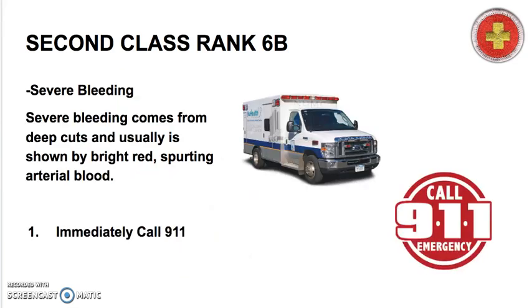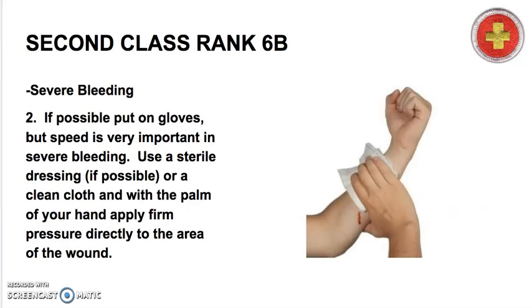Severe bleeding. Severe bleeding comes from deep cuts. Usually, it is shown by bright red spurting arterial blood. Immediately call 911 or your emergency number. If possible, put on gloves, but speed is very important in severe bleeding. Use a sterile dressing if possible, but if not, use a clean cloth or whatever is available, including your scout